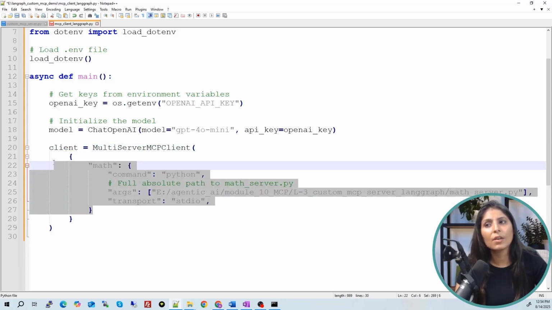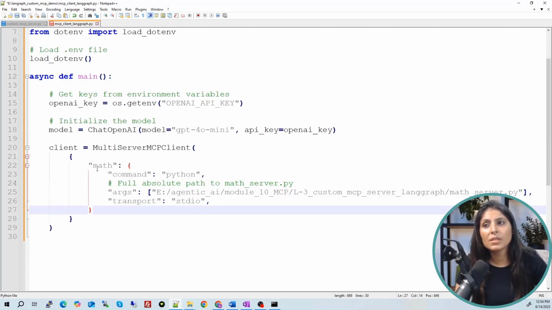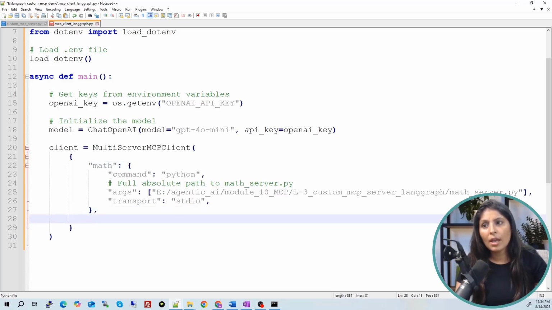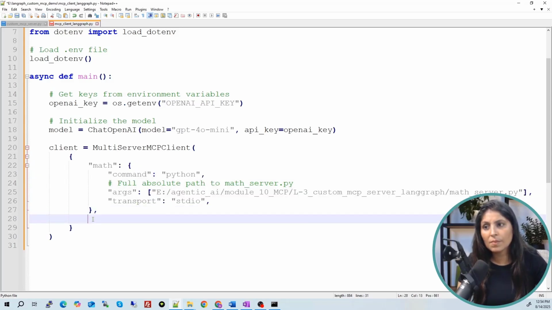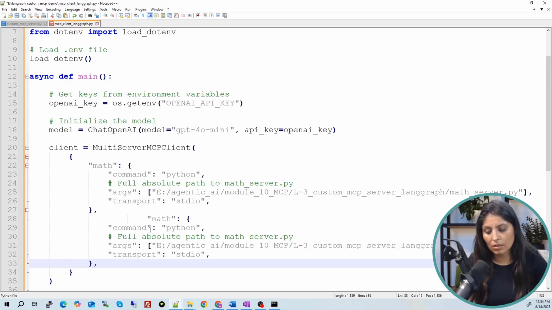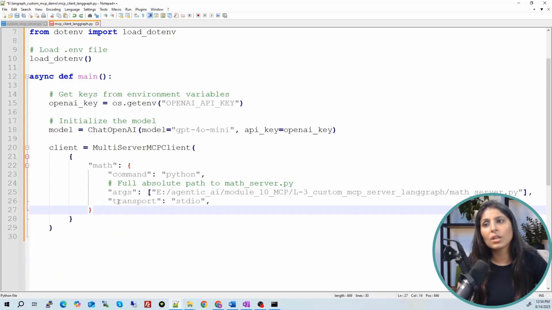Right now we are connecting with one MCP server only, but we can connect with multiple MCP servers. And how can we connect with multiple MCP servers? So this is our one server. Just put a comma over here, and then you will have code for another MCP server like this, and you will paste it like this. Okay. But for today's tutorial, we are using only one MCP server.